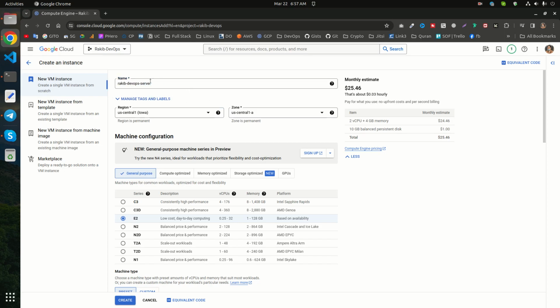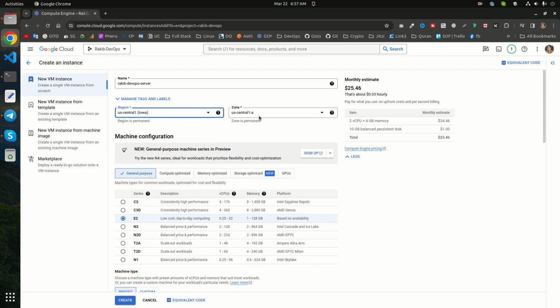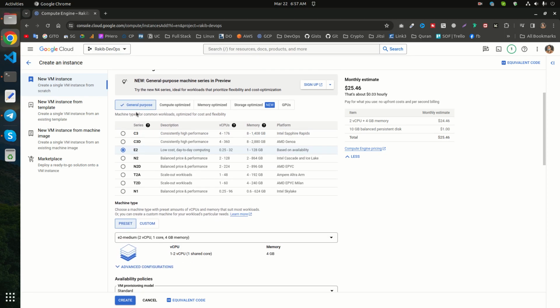Okay, then you can select the region and zone, and then you can select the compute, how much RAM and CPU you need,